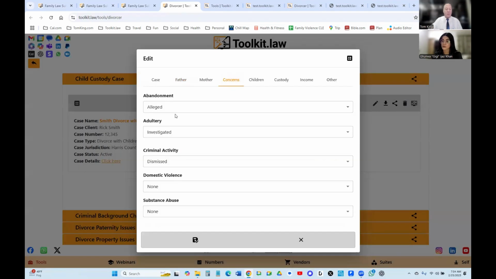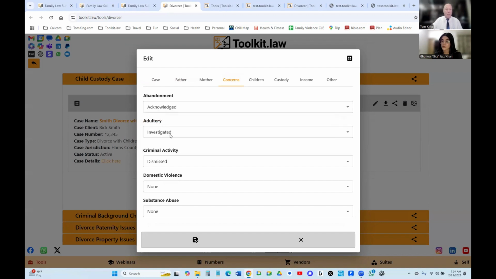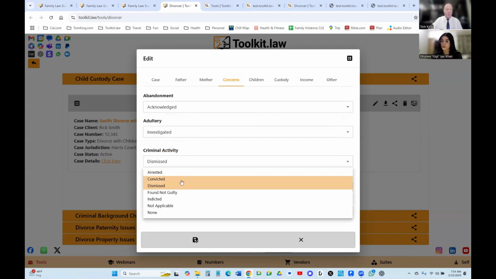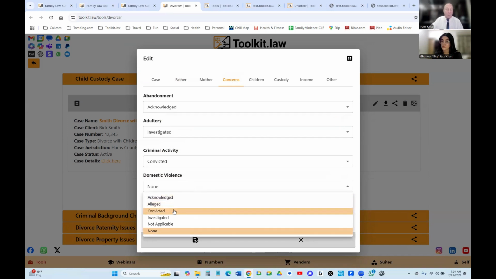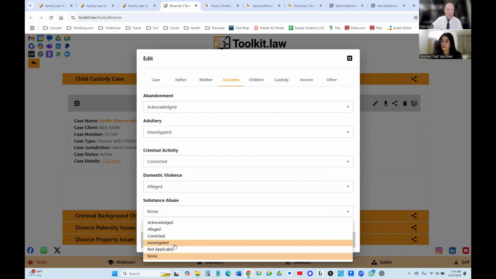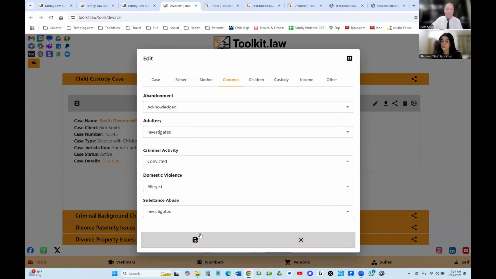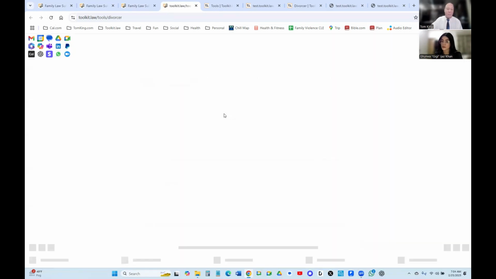but you may have concerns. Maybe there's abandonment that is acknowledged. Maybe there's adultery that's being investigated. Maybe there's criminal activity and someone was convicted. Maybe there's domestic violence that's alleged. Maybe there's substance abuse that's investigated. And whenever you save this, it'll save it in that area, right? And then when you come back to it,